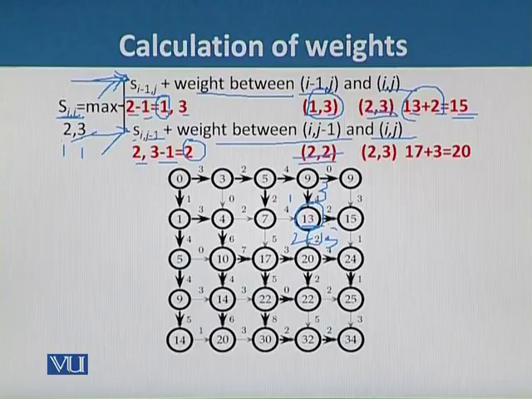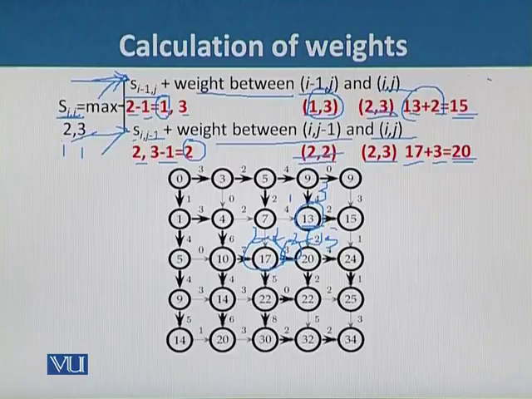So it will be 2, 2, where I is 2 and j minus 1 is 2, and we have the original value 2, 3. So we have to calculate the edges of 2, 2. In this case 2, 2 is this one, 17, and 2, 3 is this one, and 2, 3 in this case has the value of 3. So the 2, 2 value is 17 and the 2, 3 value is 3. And if we total 17 plus 3, it comes out to be 20.